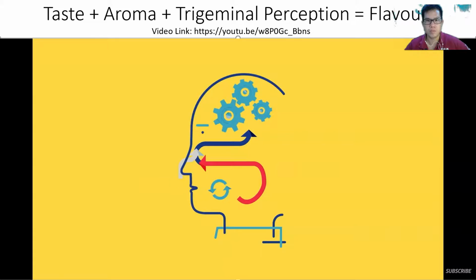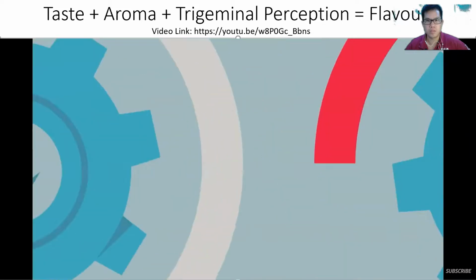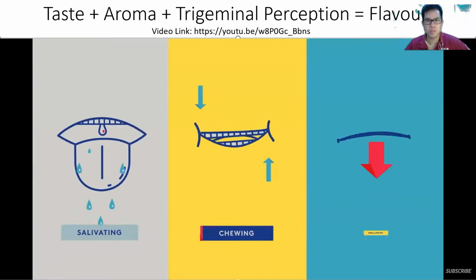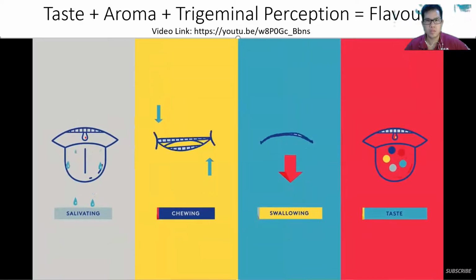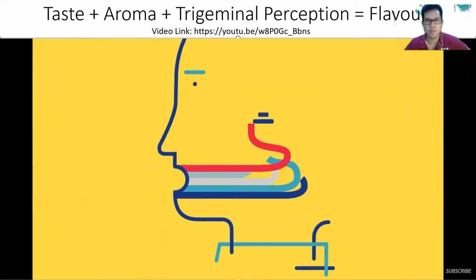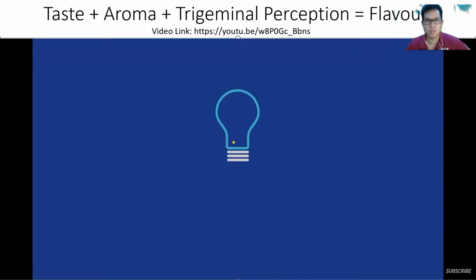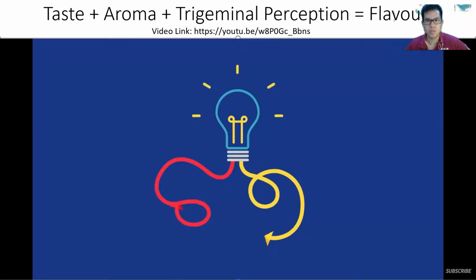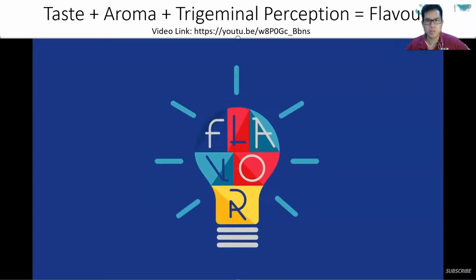The act of moving food around inside the mouth is what unlocks even more of these compounds and sends them up the retronasal passage. So many gears are turning in the mouth when we eat: salivating, chewing, and swallowing, plus the 5 tastes on the tongue. Our brain tricks us into thinking food aromas captured through retronasal olfaction come from the mouth too. But it's the combination of all those separate signals, from the mouth and nose, in the brain, that creates a fully unified flavor experience.